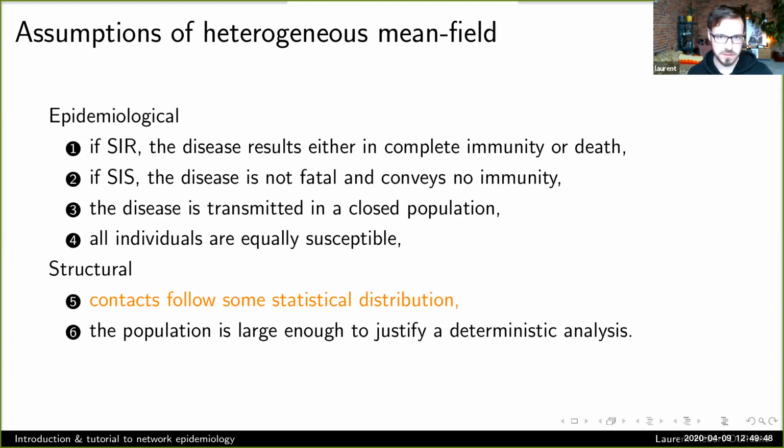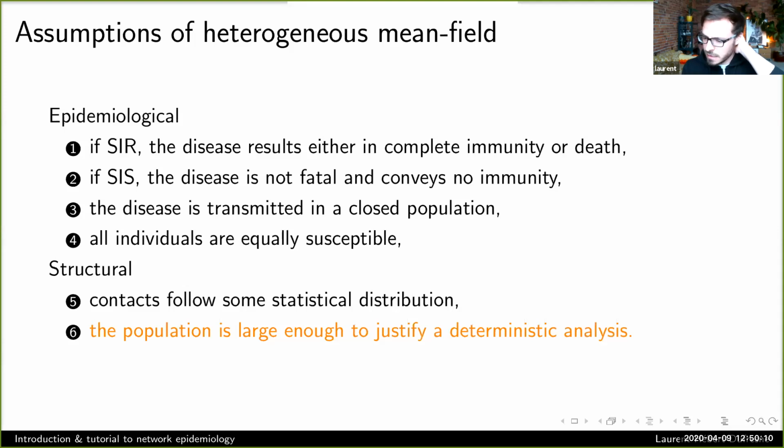So we're pretty close to the state of the art right now. I've taken you from classic models to what I believe is state of the art differential equations to model disease on networks. And I'm going to switch gears completely and tackle the final assumption here, which is that the population is large enough to justify deterministic analysis. The idea behind that assumption is that if you have a lot of people, you could assume that the randomness of disease sort of cancels out, right? Maybe I didn't infect this person today, maybe I'll infect them tomorrow, it cancels out on average.